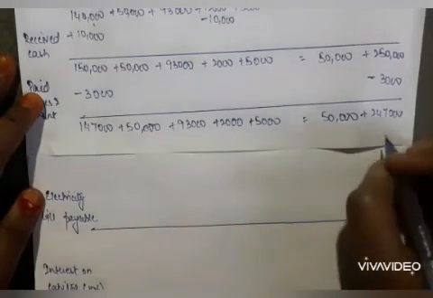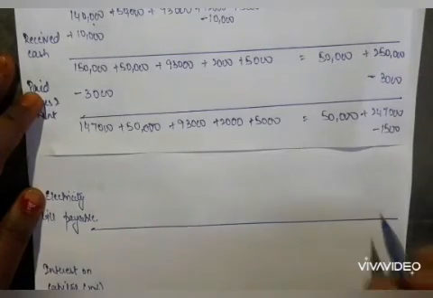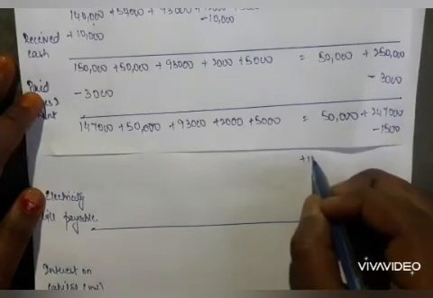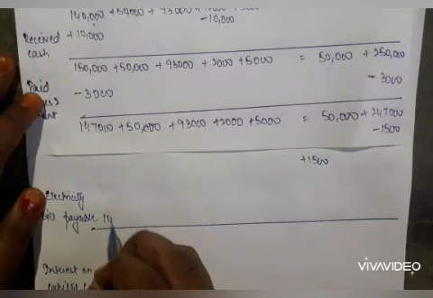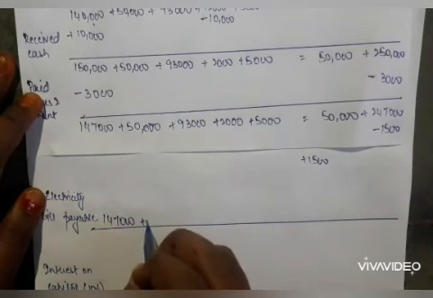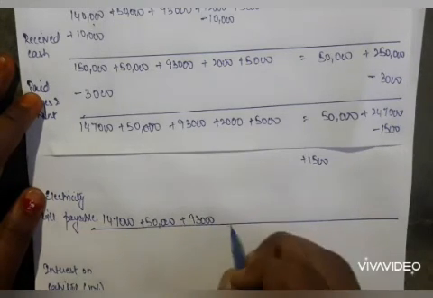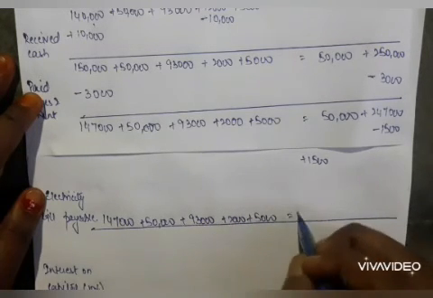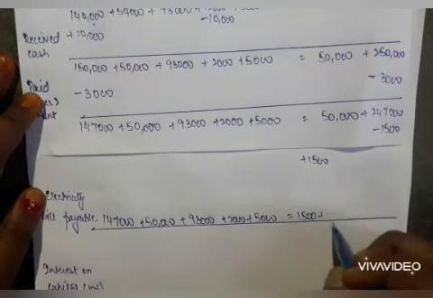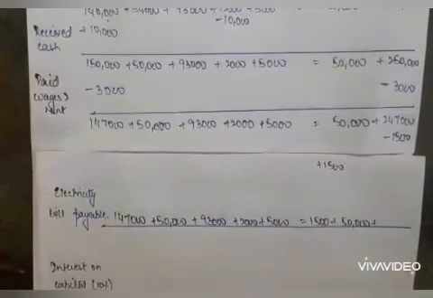From 2,47,000 we would subtract 1,500 because it is an expense, and in the liability part we will add 1,500 because it is a liability. So the final equation is 1,47,000 plus 50,000 plus 93,000 plus 2,000 plus 5,000 equal to 1,500 plus 50,000, and 2,47,000 minus 1,500,